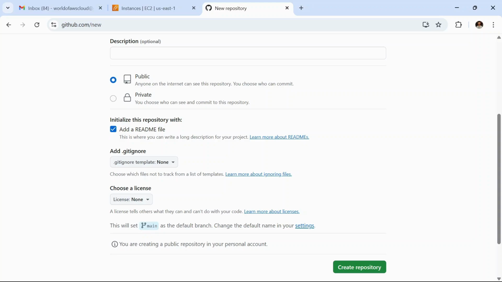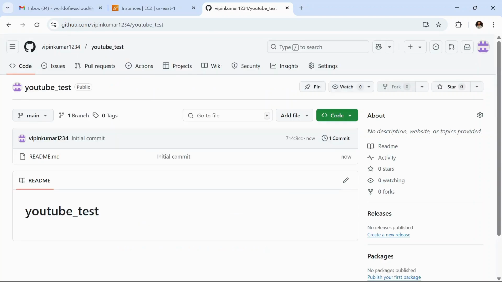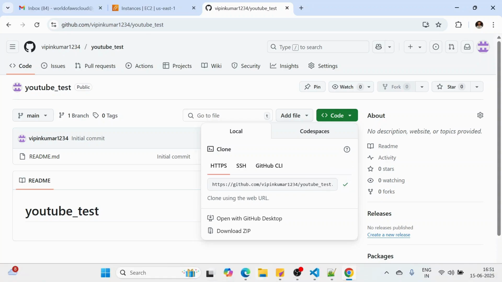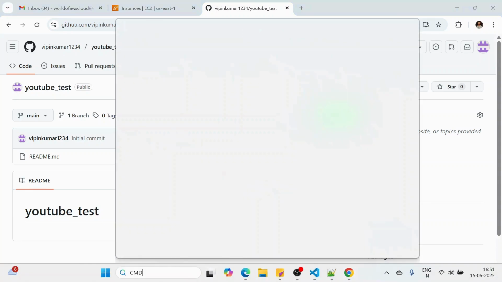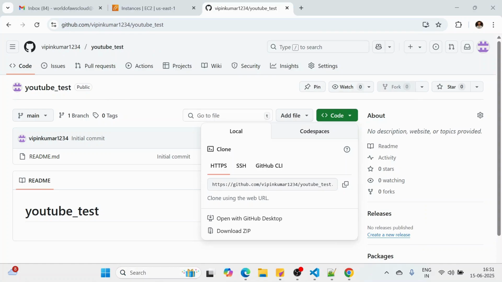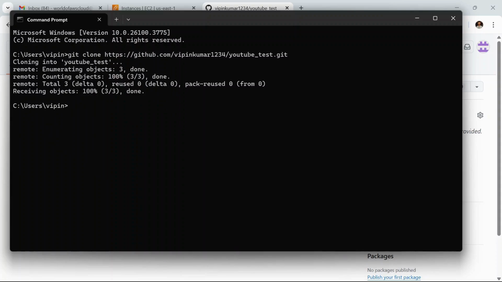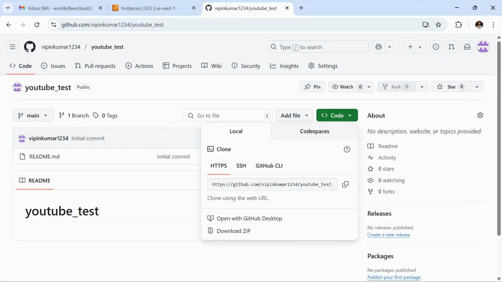This file will be available on the main branch, so click on create repository. As you can see, we got the repository here. Let's click on clone and copy this, open the cmd, and run git clone with the URL that we just copied.